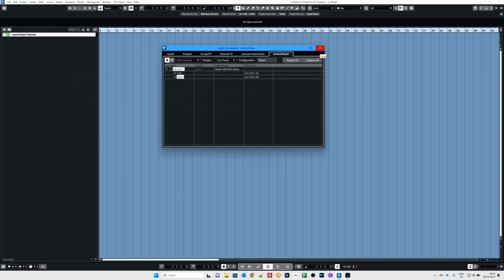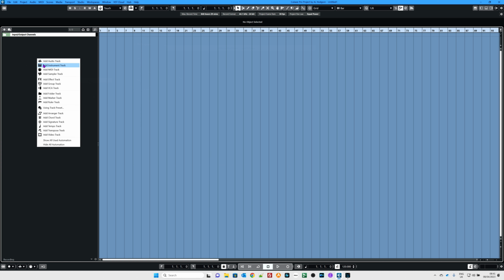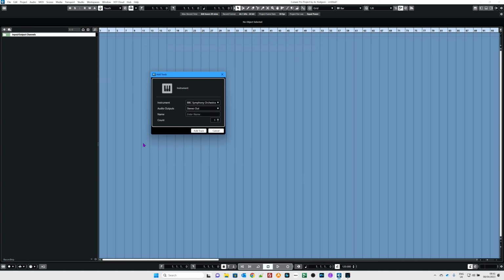So let's just make a quick instrument track and listen to my noise. Over here in this blank area, you can do a right click. I'm going to add an instrument track. If you have no instruments, or you haven't bought any additional ones yet, don't worry, there are free ones in Cubase that let you get going. I'm going to use, what shall I use? Let's use Halion 7, that's the one I've got in here, and I'm going to call it